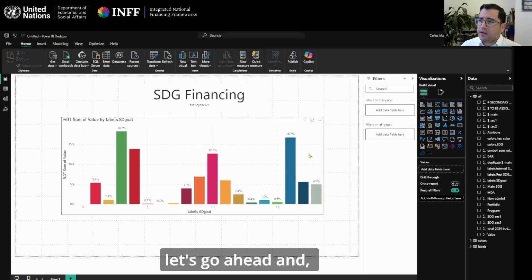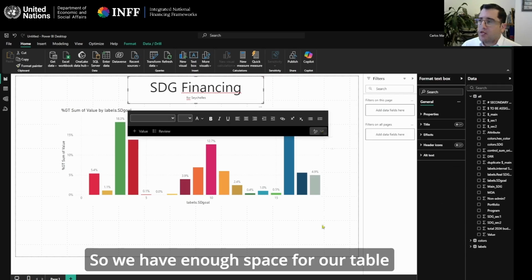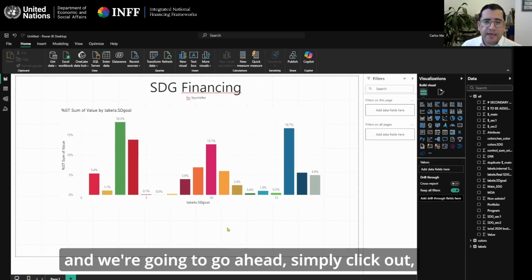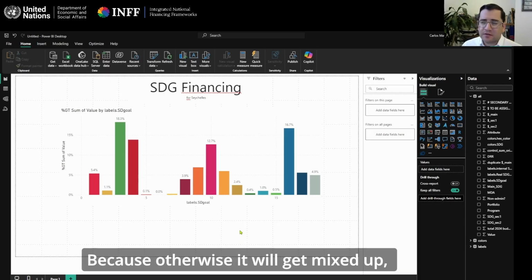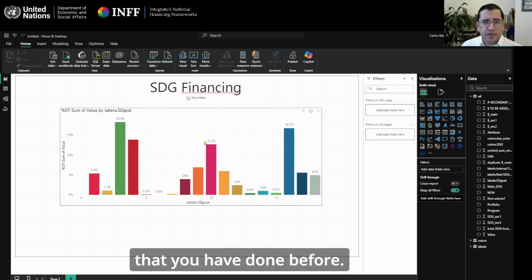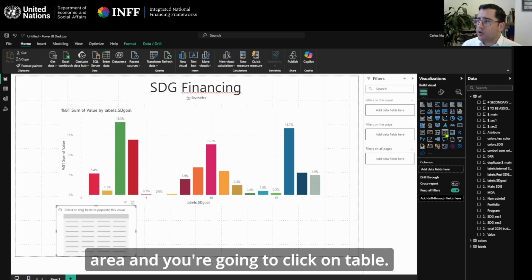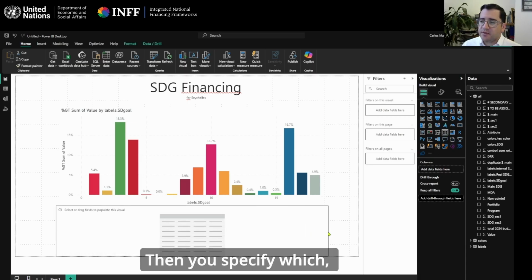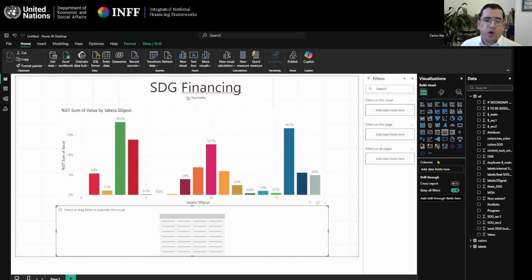Let's go ahead and include the table. So we're gonna rearrange a little bit so we have enough space for our table. And we're gonna go ahead, simply click on any component that is white, because otherwise it will get mixed up with the calculations that you have done before. So you're gonna click outside of that area, and you're gonna click on table. Then you specify the size that you want, and now you need to specify the columns